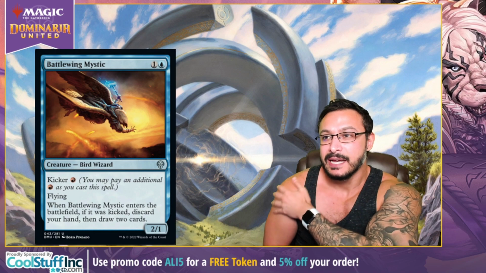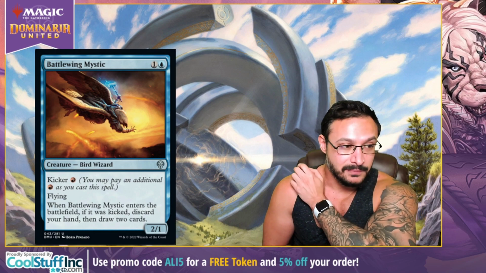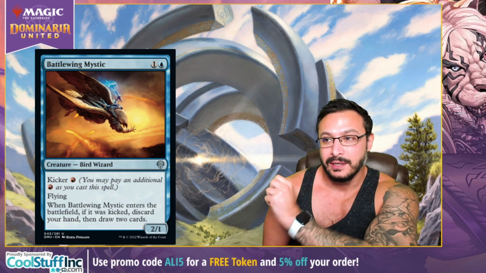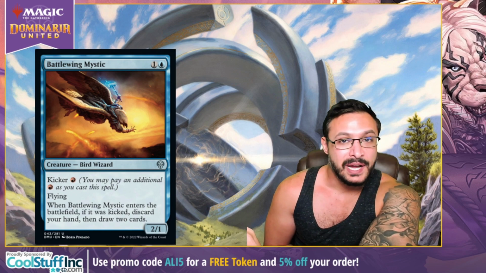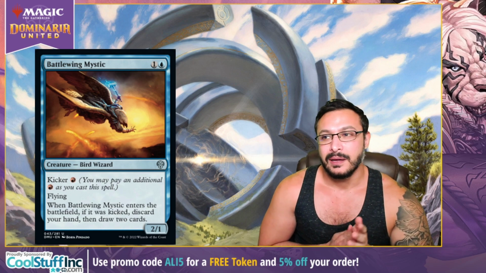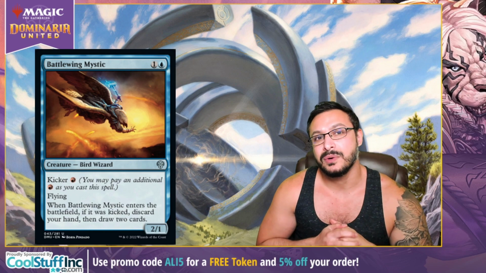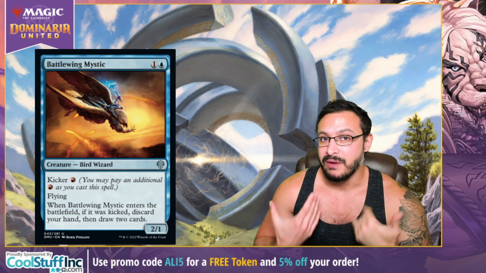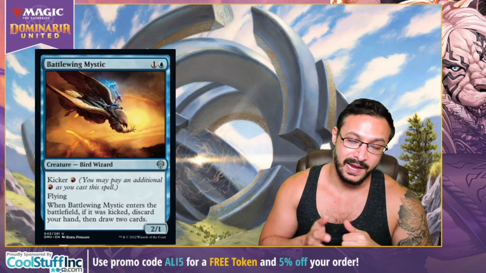Next up is Battlewing Mystic. Battlewing Mystic is an uncommon and is a 2-mana 2/1 flying creature with kicker red. When you kick it, when it enters the battlefield, you discard your hand, then you draw 2 cards. This may seem a bit underwhelming, but in all honesty, it's similar to a Seasoned Pyromancer. It's also a Wizard, which is a very relevant creature type. It has flying, has evasion,